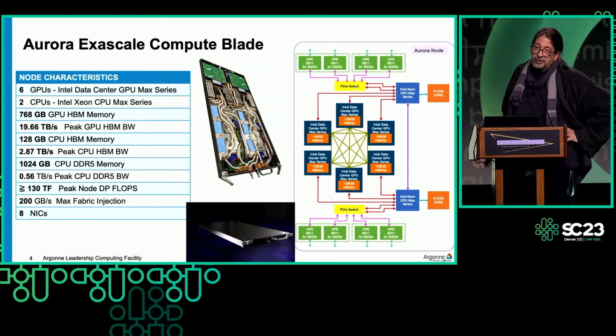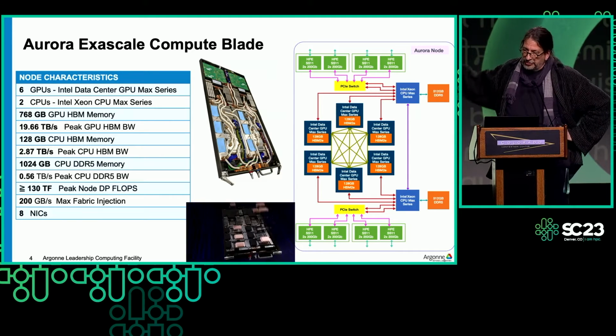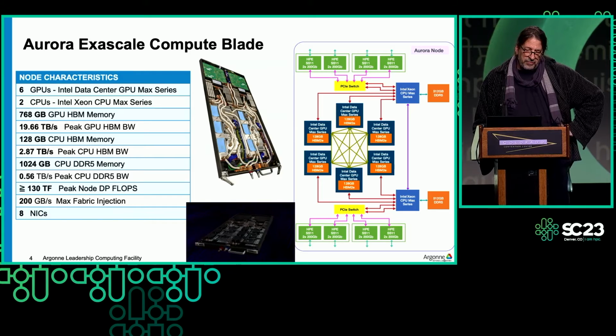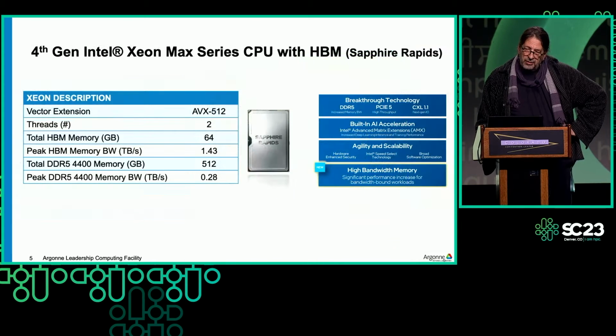There's 2 PCIe Gen 5 switches. This doesn't show the HBM on the Xeons, but it's there. And then the 8 Slingshot NICs that are on the node. So a node's over 130 teraflops peak. So this is the Sapphire Rapids, which also has, well, I mentioned HBM,